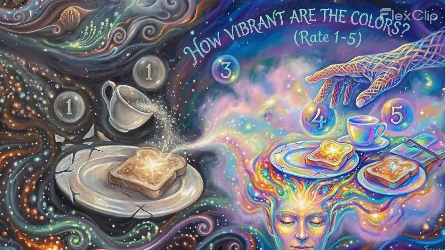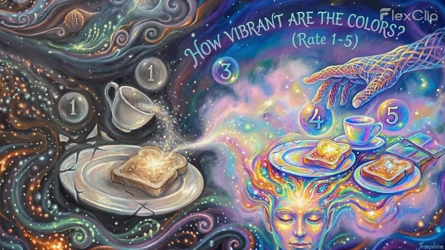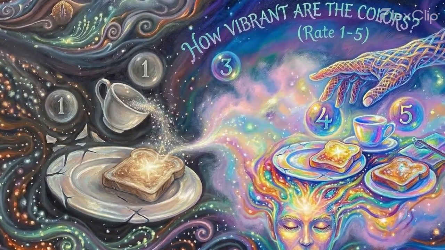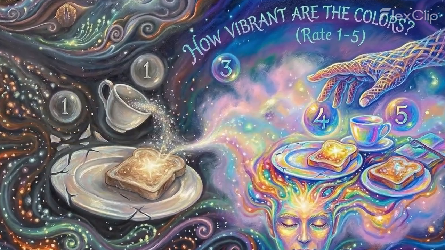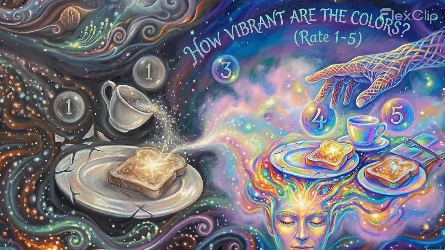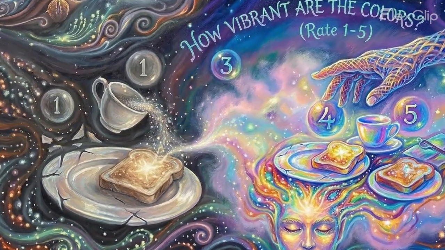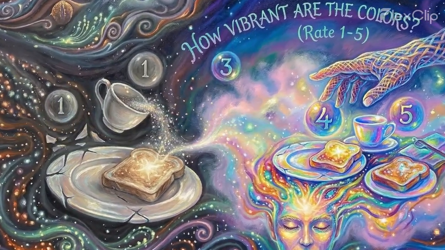Right. An individual with aphantasia knows exactly what their breakfast table looks like. They can provide a highly detailed verbal description of its dimensions, materials, and location. They just access that information spatially and conceptually rather than visually. They possess all the source code, but they don't compile it into a graphic interface. That's a great way to put it. They rely on spatial reasoning or logic networks instead of pictures.